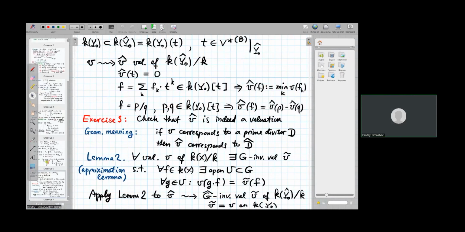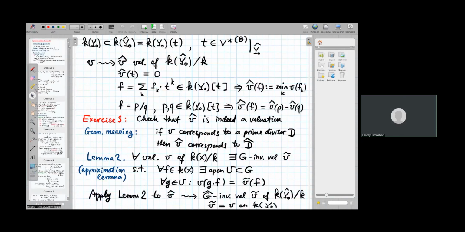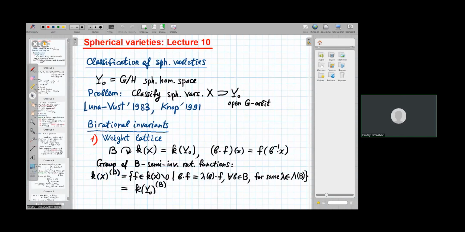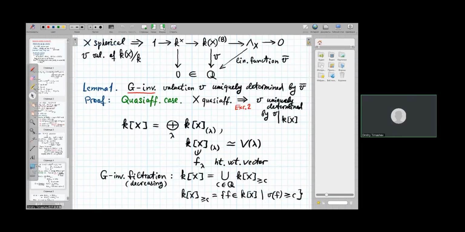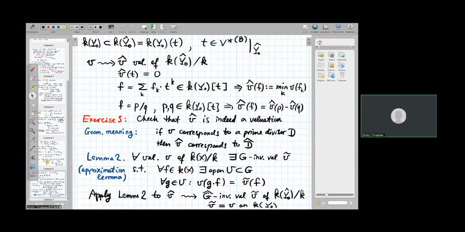Well, maybe I didn't formulate it explicitly as a lemma, but for instance, what is this lecture? Sorry, this is lecture 10. If you open the notes of lecture 10, then you will see